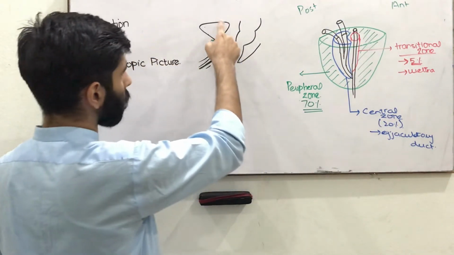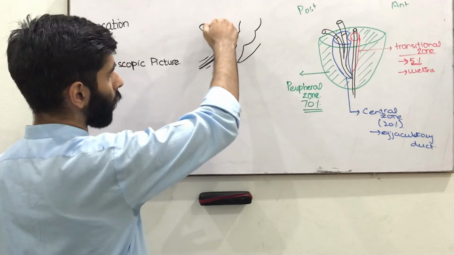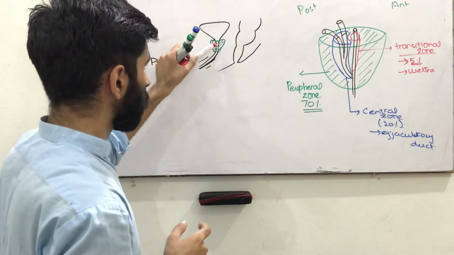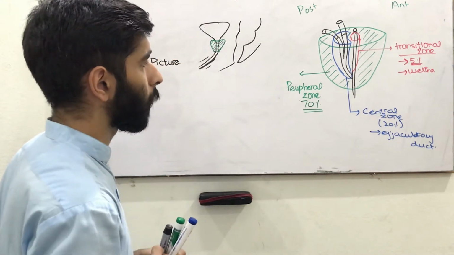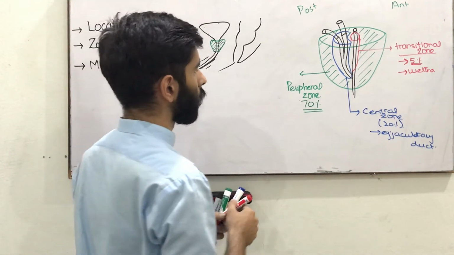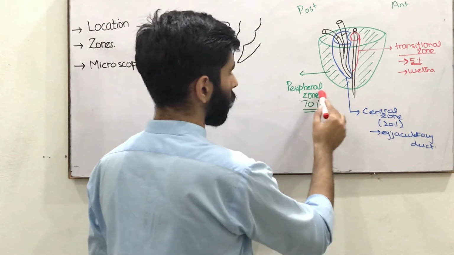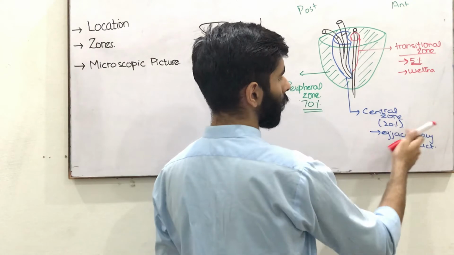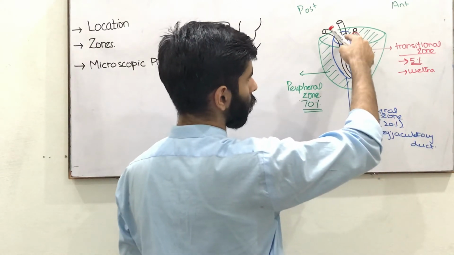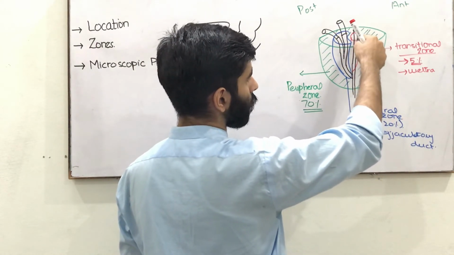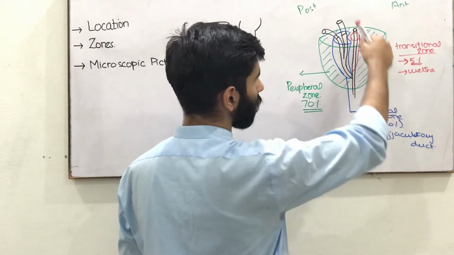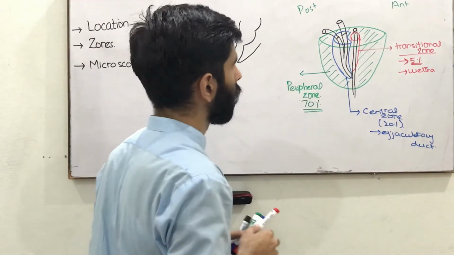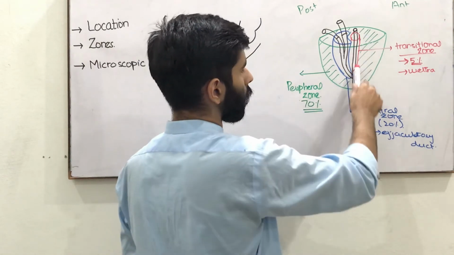Here you see that from the urinary bladder it rises the urethra which passes through the prostate gland, and this is known as prostatic part of urethra. तो peripheral zone है जिसमें 70% glandular tissue है, central zone में 20%, and it surrounds the ejaculatory ducts, and this is the transitional zone which contains the transitional cells, and it surrounds the urethra which passes through the prostate.